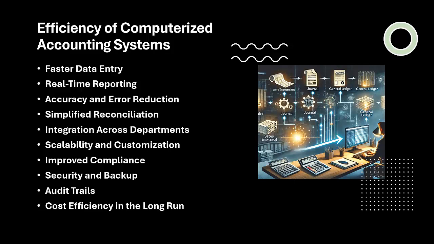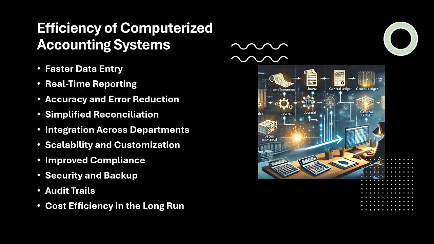Example: the software will flag discrepancies between the recorded transactions and the bank statement, saving time on manual checks. Integration across departments. Computerized accounting systems can integrate with other software like inventory management, payroll, or customer relationship management systems. This creates a unified workflow. Example: when an invoice is issued through the sales module, the system automatically updates the accounts receivable, inventory, and revenue